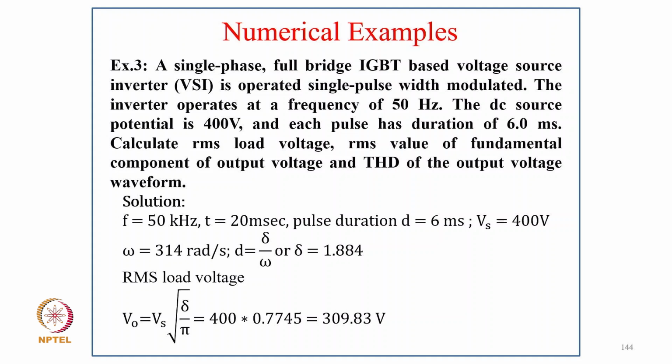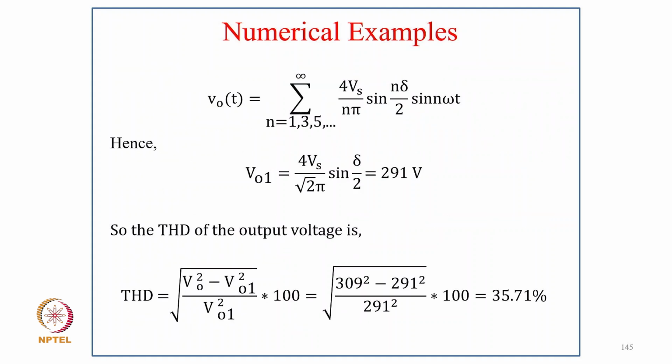The solution is: f equal to 50, T equal to 20 millisecond, per switch d equal to 6 millisecond, Vs equal to 400, omega equal to 314 radian per second, and d equal to delta by omega, that is delta equal to 1.884. The RMS voltage V equal to Vs under root delta upon pi. Putting in the values, it comes to 309.83 volt, and VO equal to the sum over n equal to 1, 3, 5 to infinity of 4 Vs upon n pi into sin of n delta upon 2